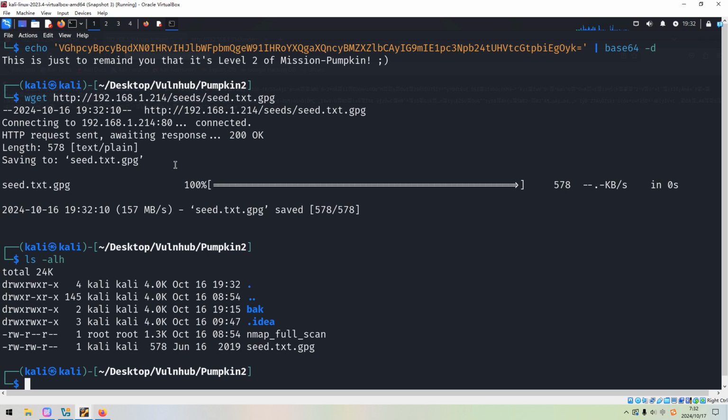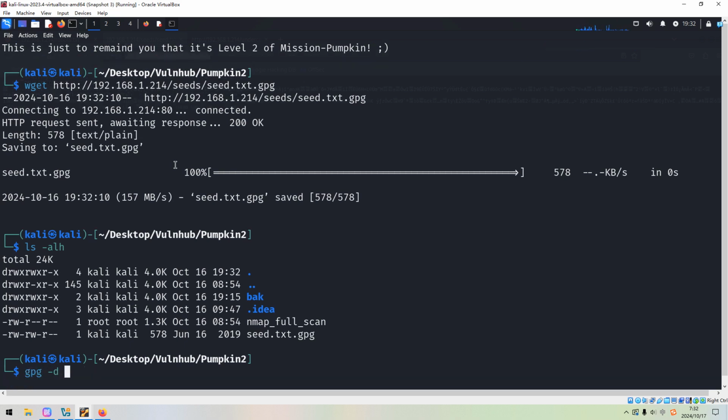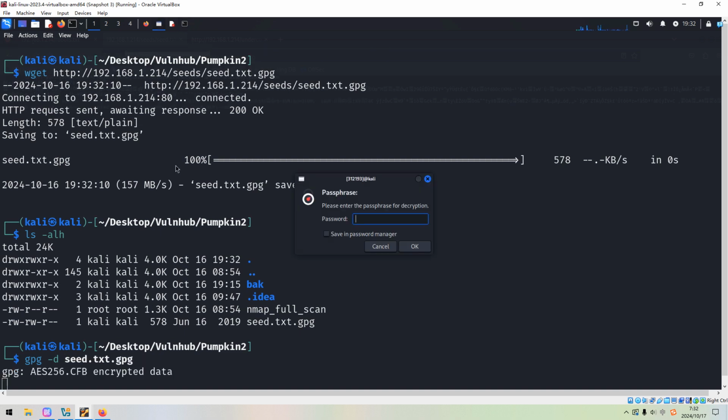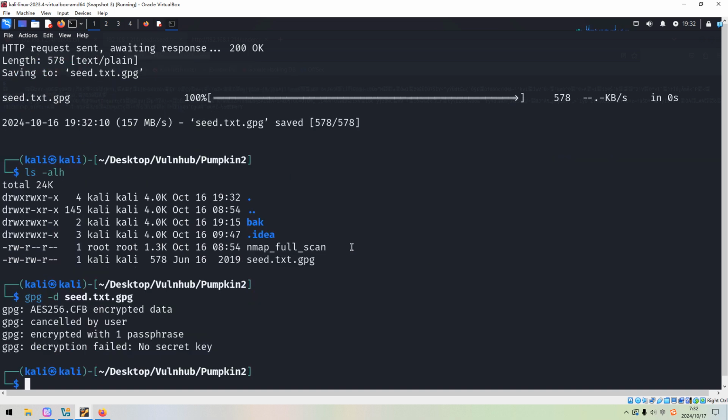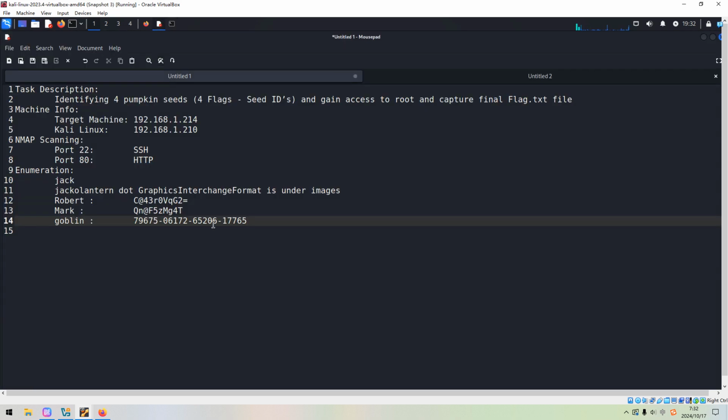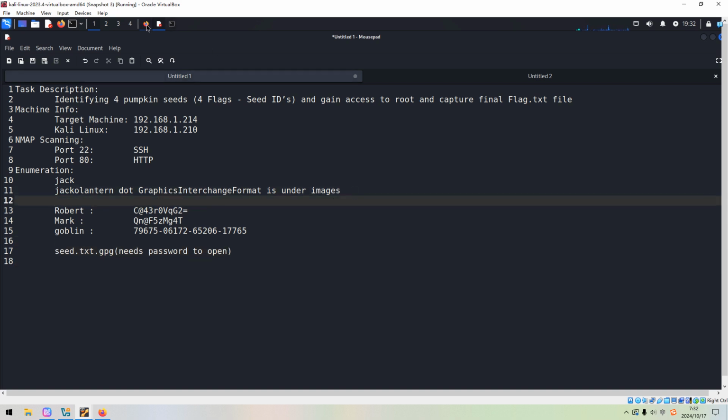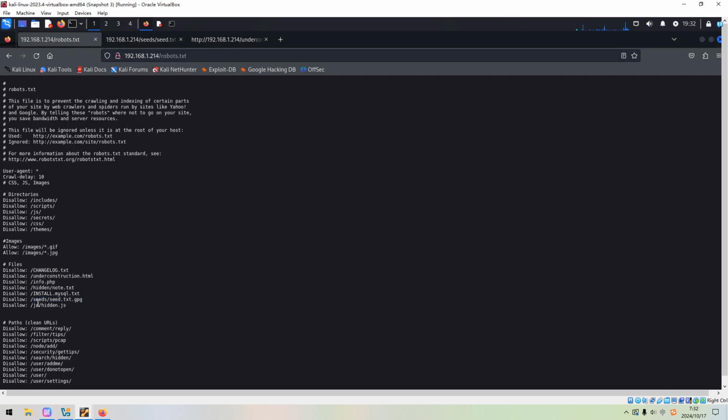I think we can use GPG with the option of D to open it and see it. However, we are required to provide the password. Just now, we don't know its password yet. Anyway, we have already got this file. We can copy, and so this needs a password to open it. Let's go back. So next one is the hidden